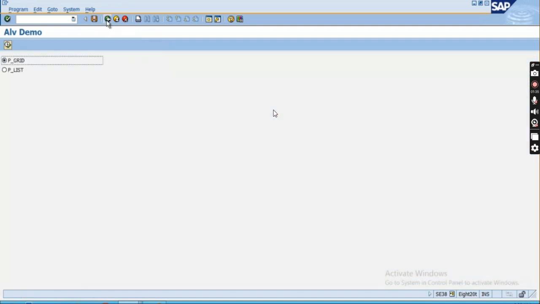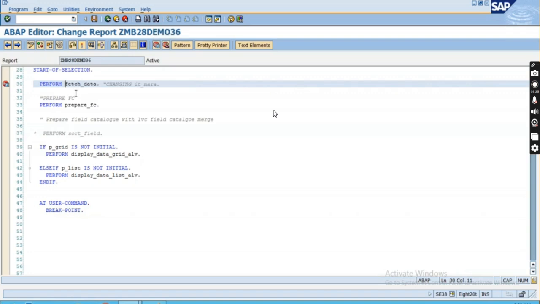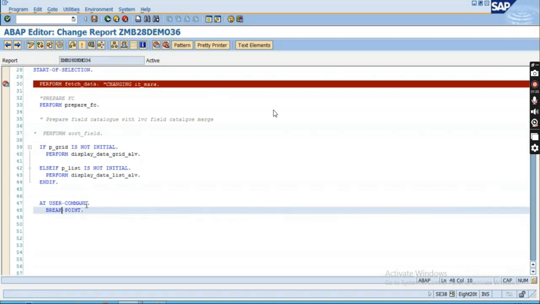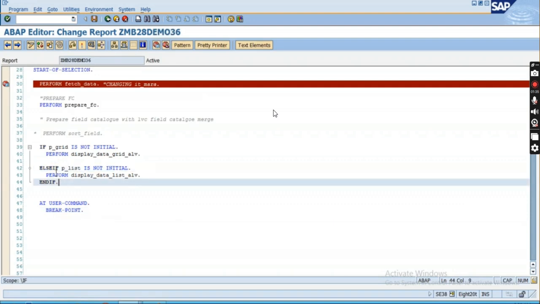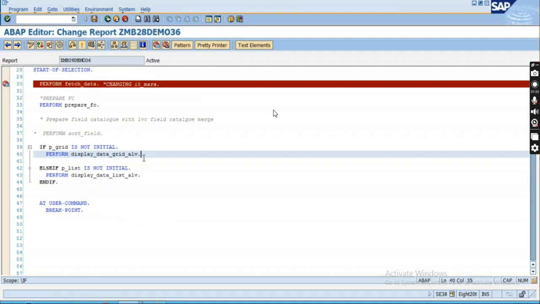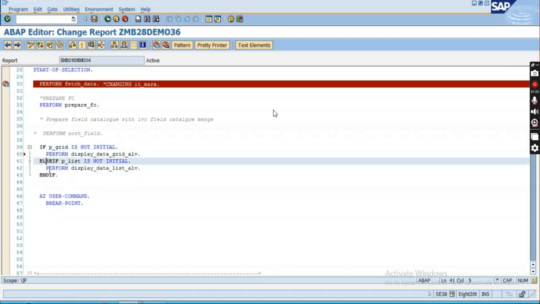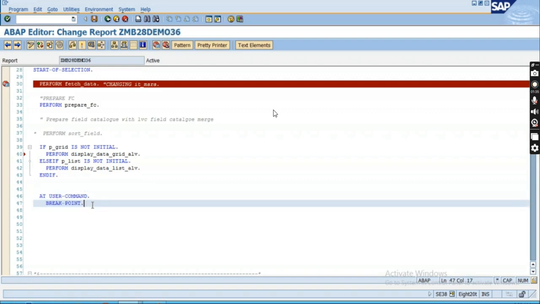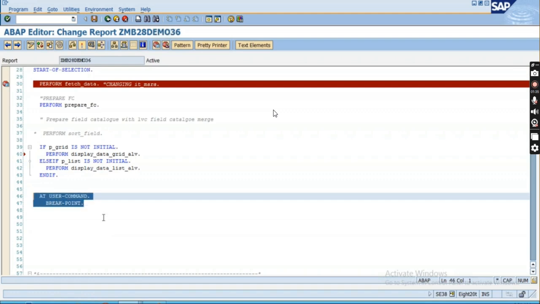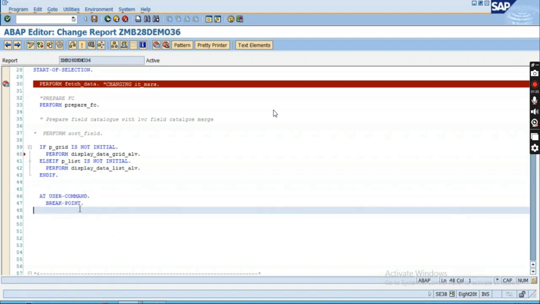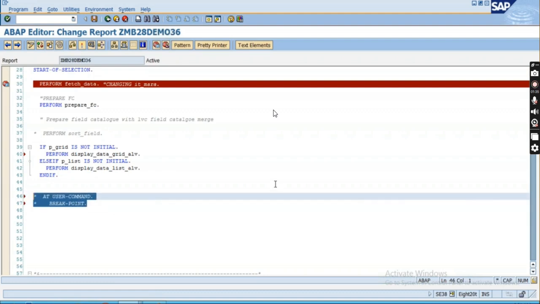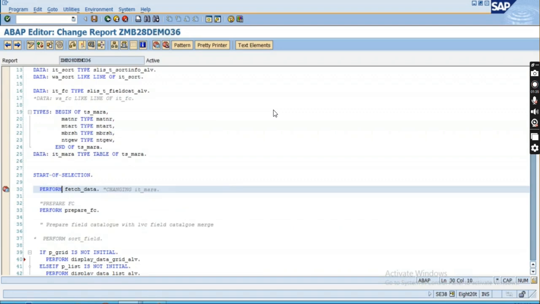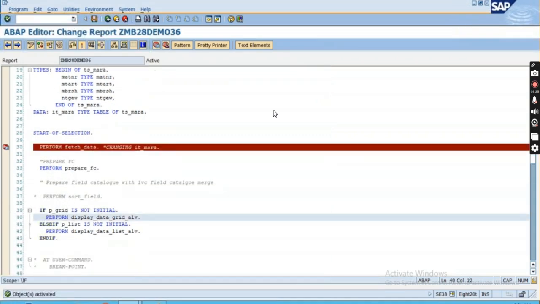Okay, then what will we have to use? We'll have to find out some other way through which we can flow into the program, and we should be able to do the changes. So you can see this is not the ALV event. Such kind of event will not help you in ALV. So what you will have to do, come to this ALV, and